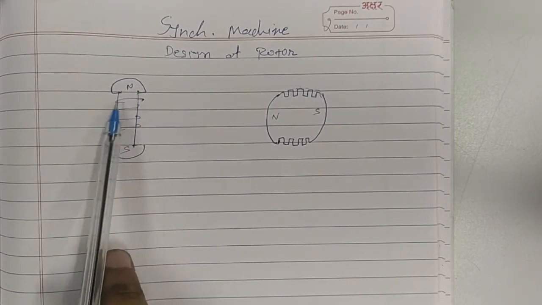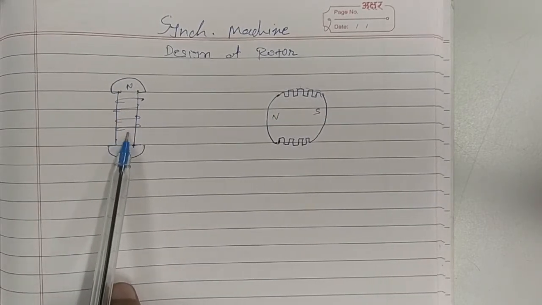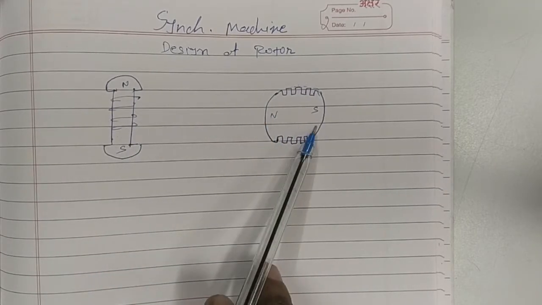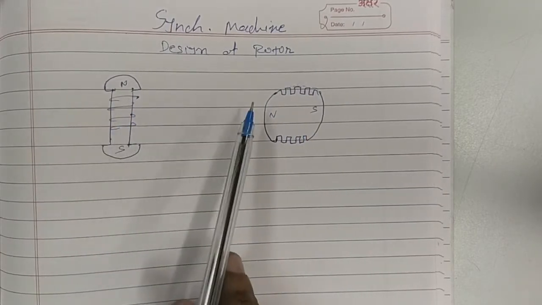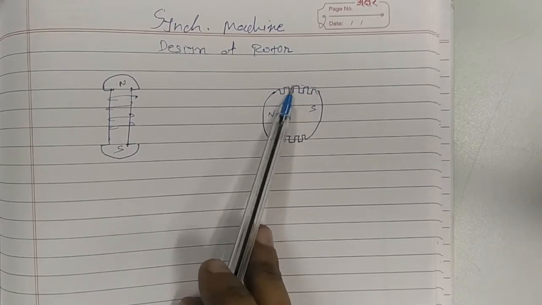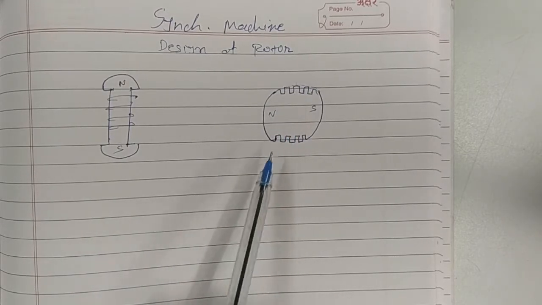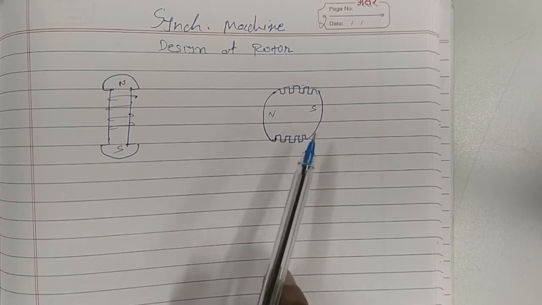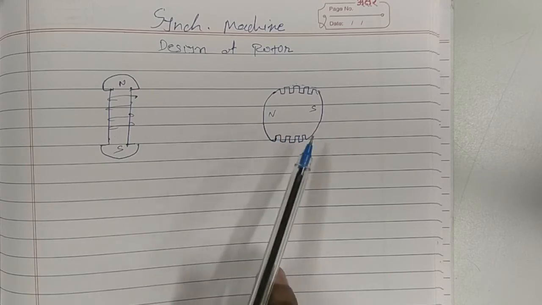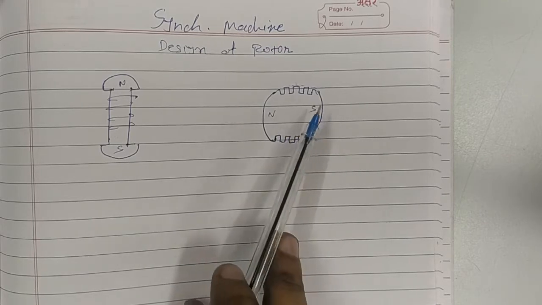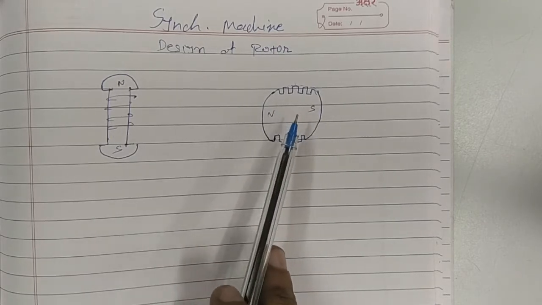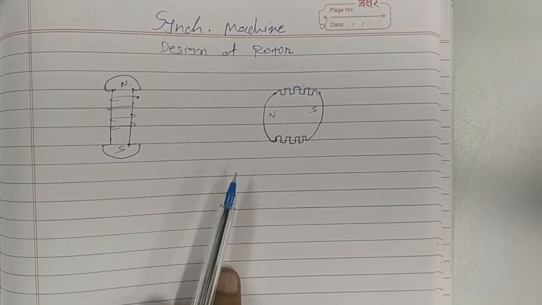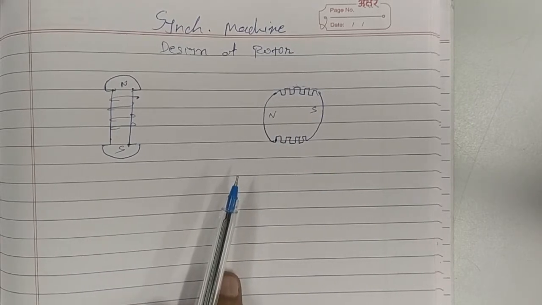The common thing is that there will be a field winding which is supplied by a DC source, so that poles can be generated like this. The field winding will be wound like this, and in a slot and tooth type of structure, in case of a non-salient pole type of rotor, the field winding will be there. Some DC source will also be used to flow the field current so that it can be excited. So let us start the design of a rotor with some basic things.